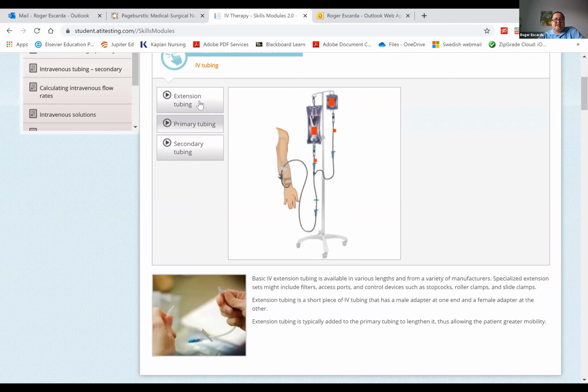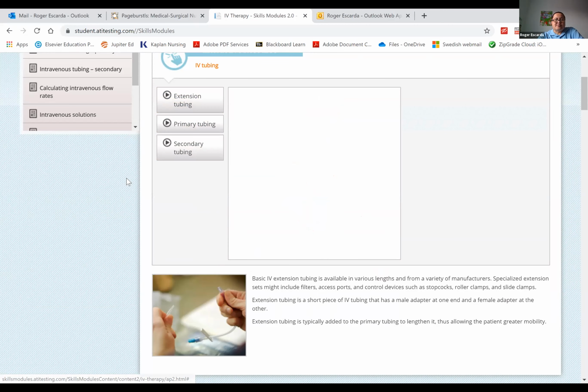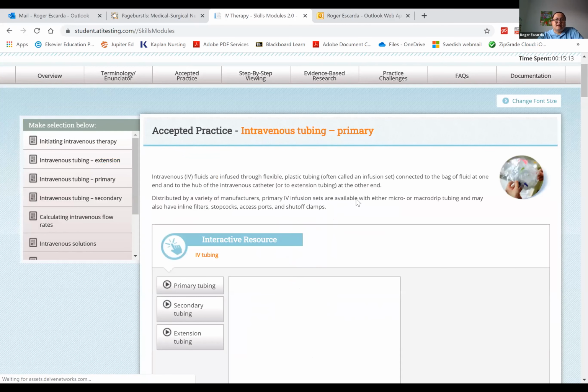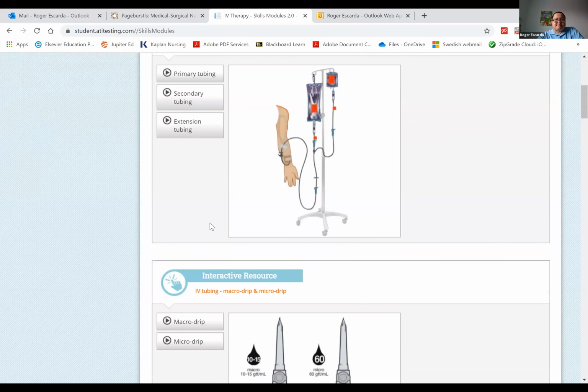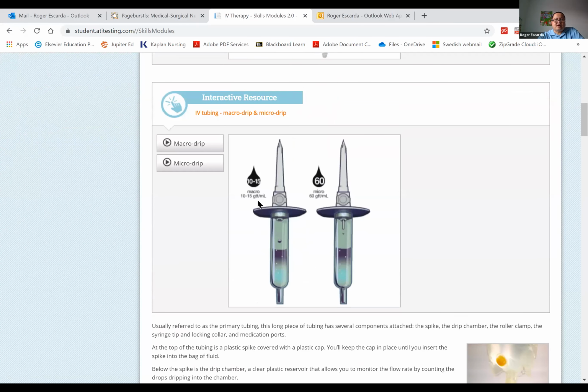This is now the extension tubing. So the hub, and this is the extension tubing. This is what you connect to the hub. And this will of course be connected to the port, the clave port, which is a needleless system. That's what you connect to a luer lock syringe. And this is the tubing. You can have primary and secondary tubings. Okay, this is now your